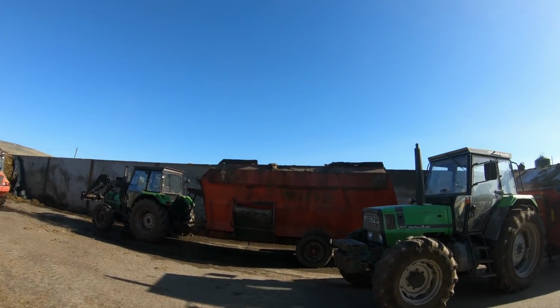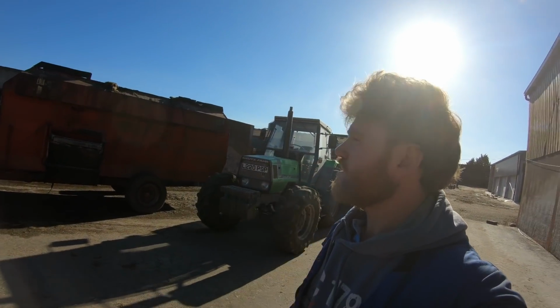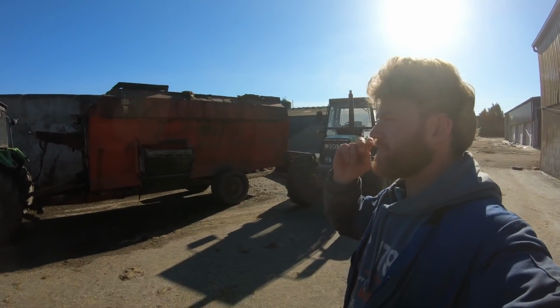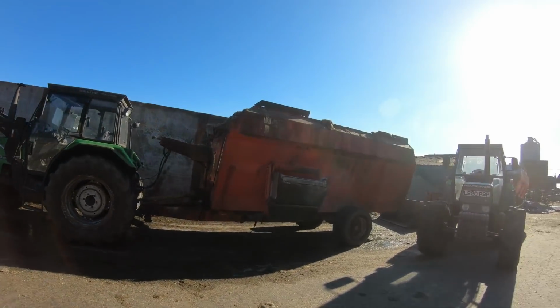This wagon, it's not as good a mixer. Some of the augers are a wee bit flat with wear and age. It's actually needing done up, really, to be honest. But this tractor gets put on it because it's a lot less pressure. It gets all the younger stock feedings, so